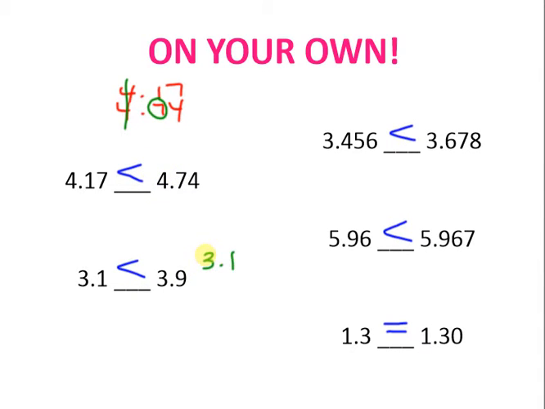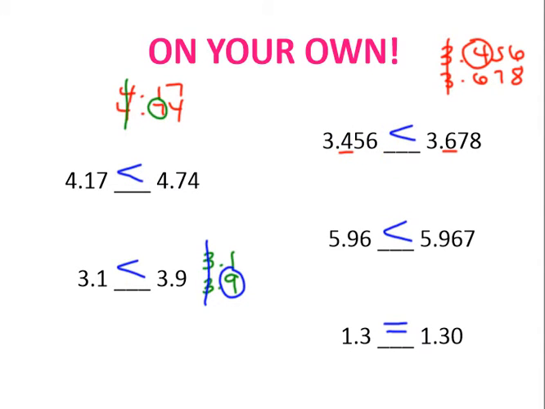Over here we have 3.1 and 3.9. The 3's are the same, but the 9 is much larger, so we have the greater than sign with it, or it's a less than sign, but the greater than part is with it. All right, here we have 3.456 and 3.678. Okay, so the 3's are the same, but immediately we have here a 4 that's smaller, a 6 that's bigger. So the 4 is here, the 6 is here, so the 4 is smaller, so we have a less